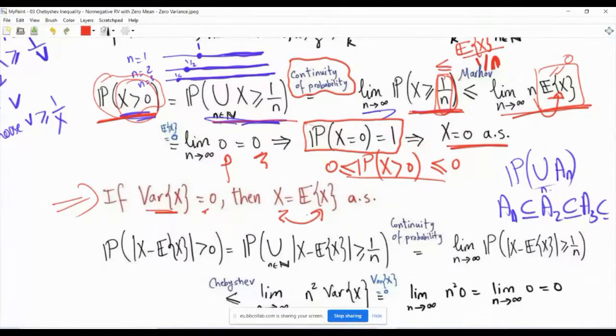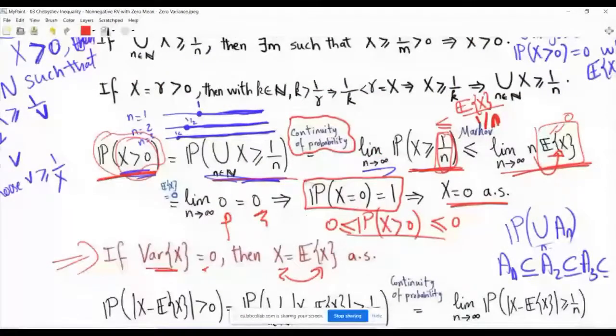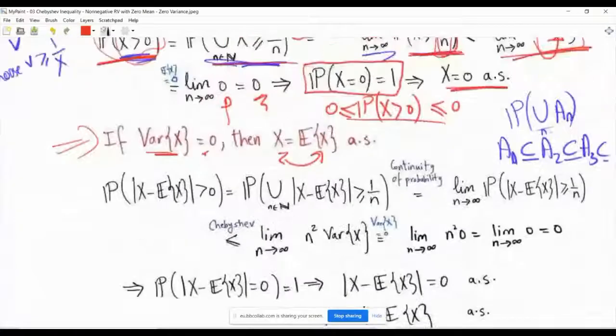Now, our proof here is sort of a copy and paste. It's just that we modify things to involve the variance. So let's see. You start with this probability, the probability that the absolute value of x minus the expected value of x is strictly greater than 0. So we start with this point. What is the probability that the distance between x and its first moment is strictly positive? So you apply the previous trick.